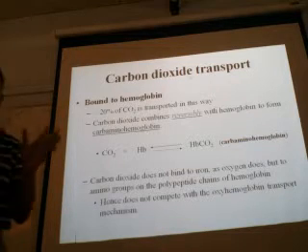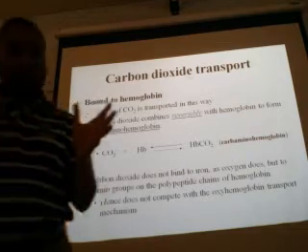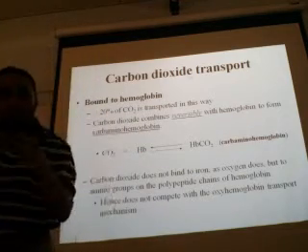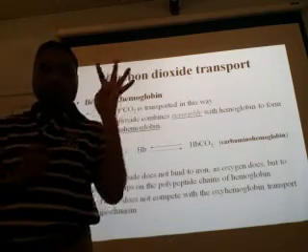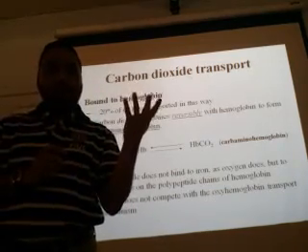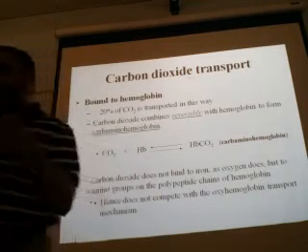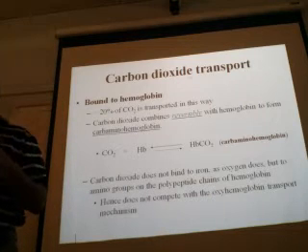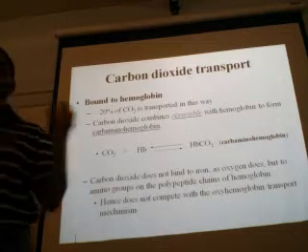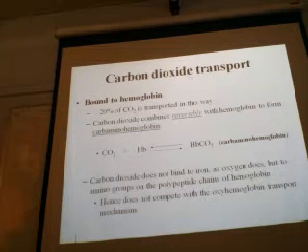Now, you know the structure of hemoglobin and the heme molecule inside. It has 4 iron sites, with 2 alpha chains and 2 beta chains. You know all these things. These are the iron binding sites to which the oxygen will bind. Carbon dioxide will not bind to these sites, as oxygen does.